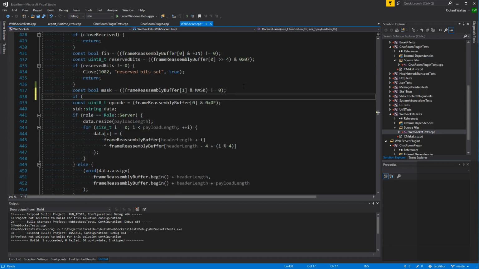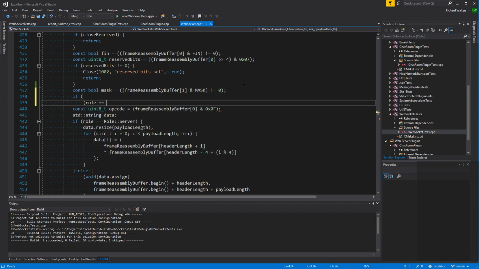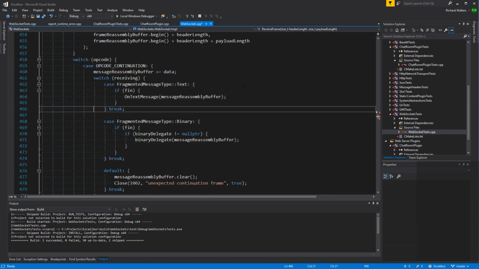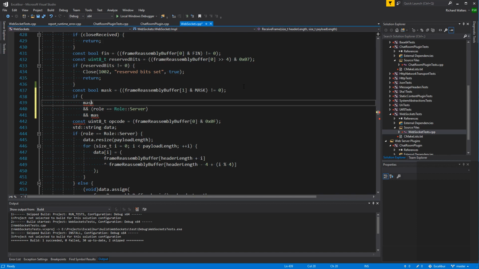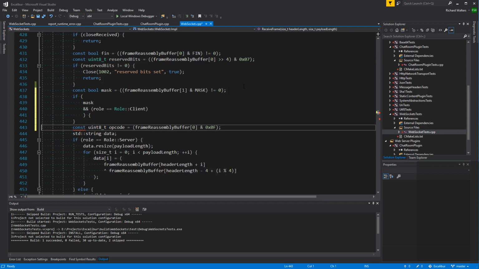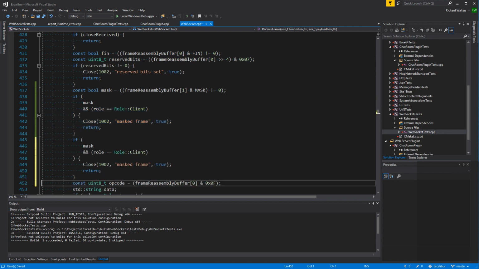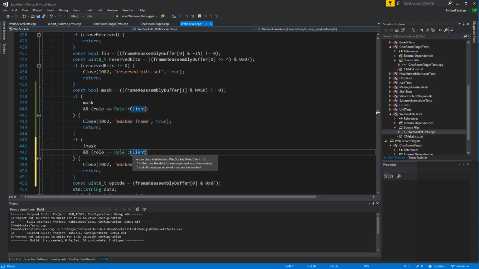Okay, so if role equals role server and mask. If mask and role, so if we receive a masked message, let's do the client one. And if we're a client and we receive a masked message, then it's a close, masked frame. If it's not masked, but it's a server.